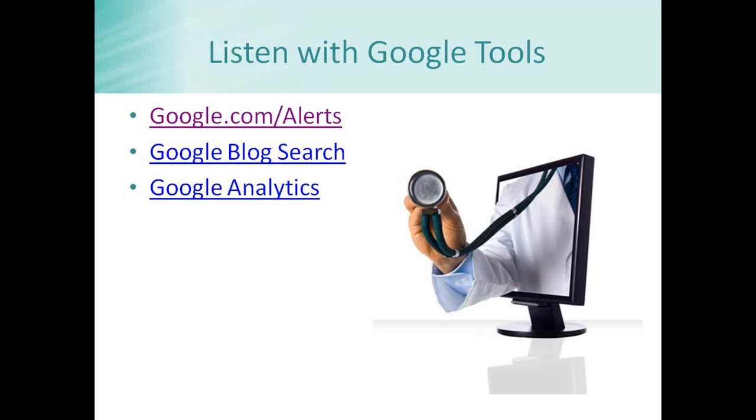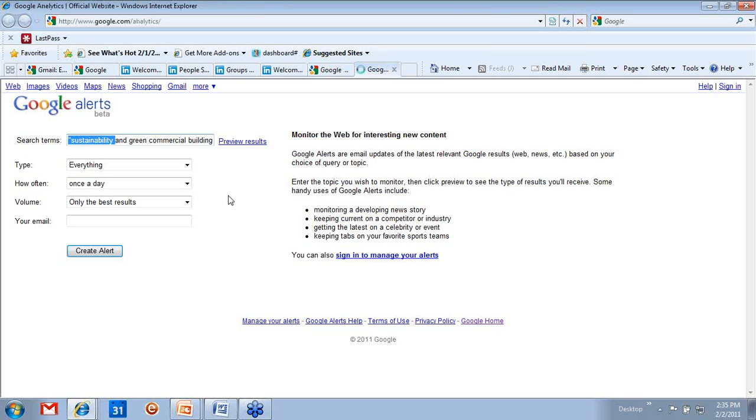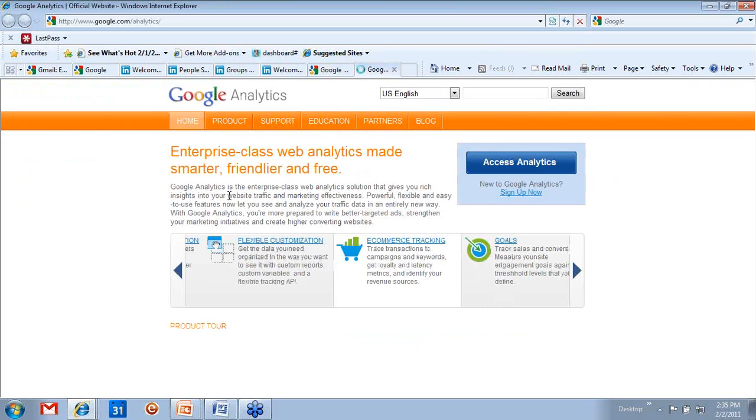So it's like having a part-time research assistant who is scouring the web for information you need to look at, and they send you a report, and then you just go look at the ones that you think are really relevant. Great. Google Blog Search lets you search just the blog spaces to find where people are talking about your industry. And then there's also a great tool that I just encourage you to explore, and that is Google Analytics,